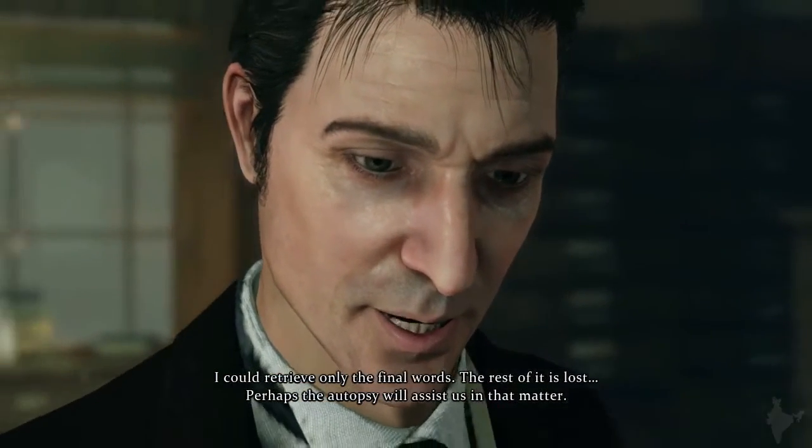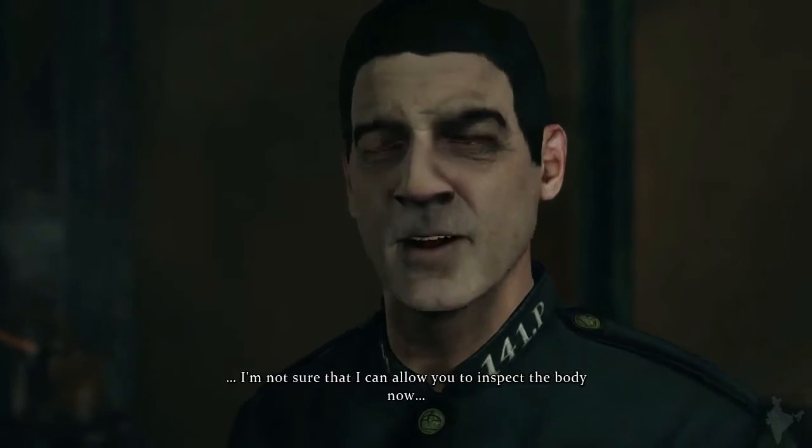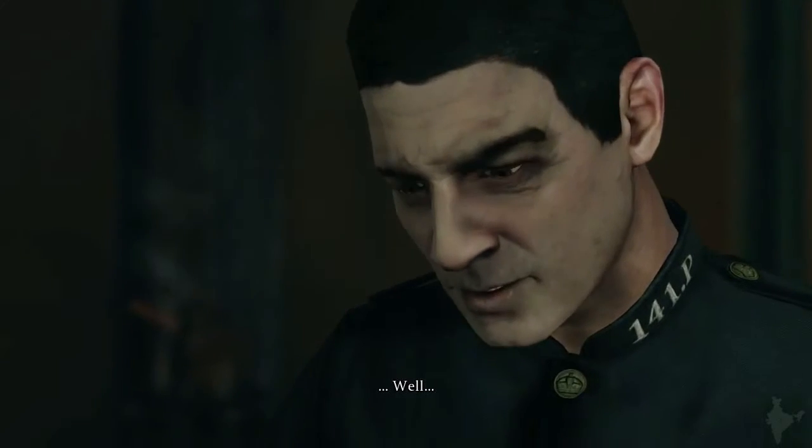Perhaps the autopsy will assist us in that matter. I'm not sure that I can allow you to inspect the body now. I am sure that you must, Constable. Well,